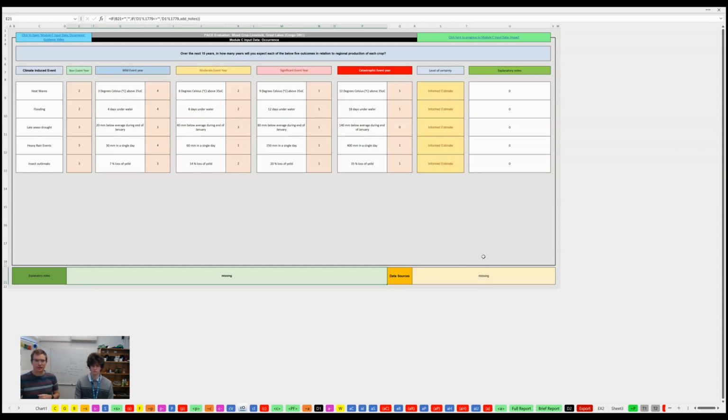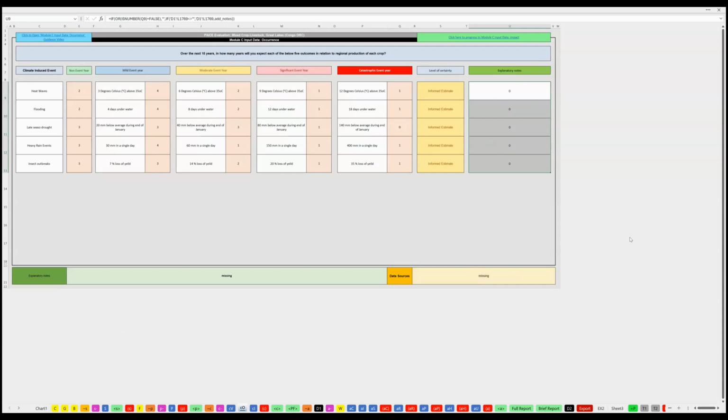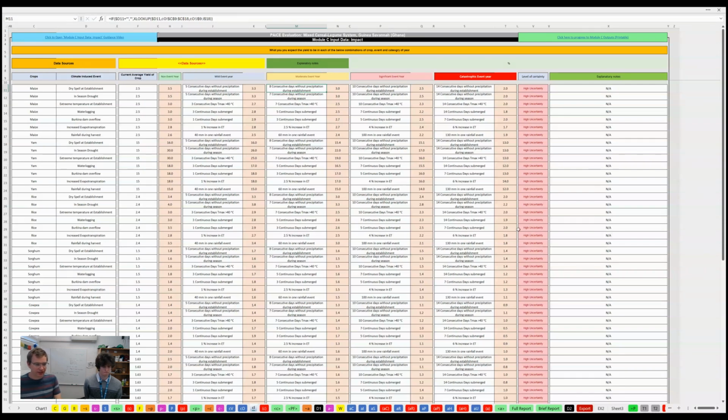The same with our notes up here. So you can actually put notes by each one. You can say, we really didn't have any data to support this, or we did this or that. All right, in Module CV,